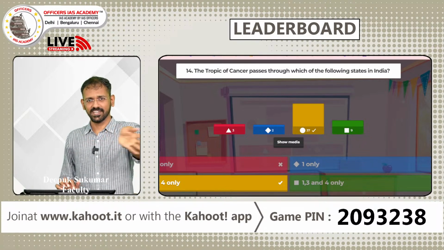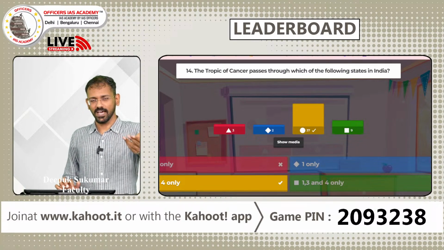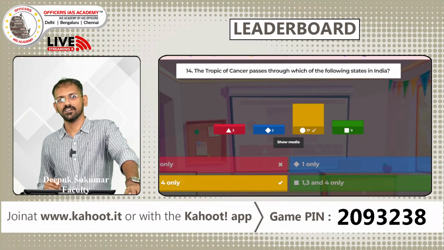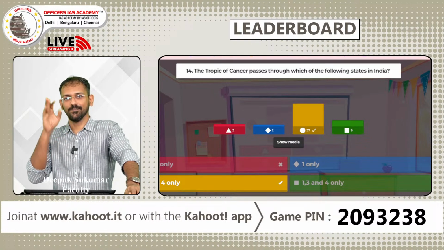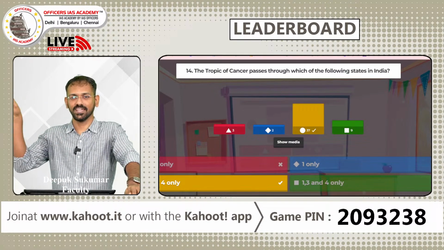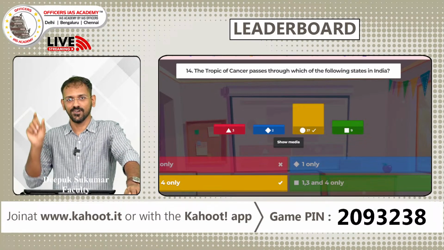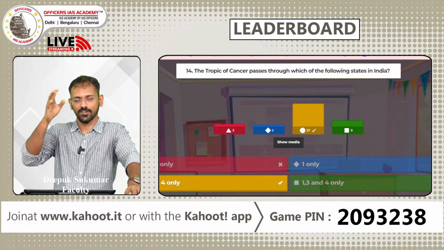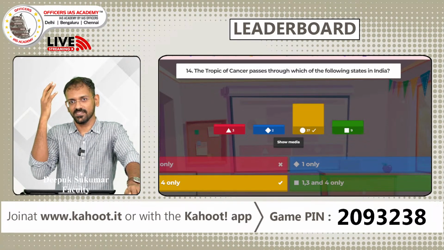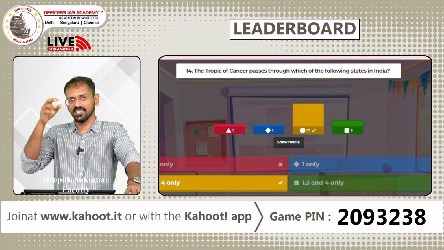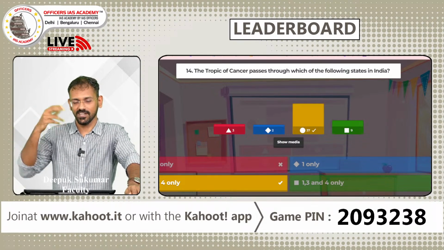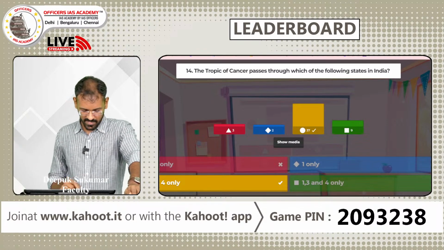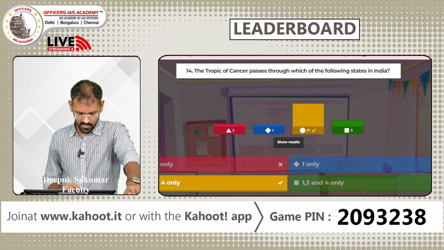So I recently on my Telegram group I put out a hack for remembering what are the 6 scheduled states. The code is ATM money without money, MANI. So Manipur is not there. ATM money, AT, okay. There is Meghalaya, there is Mizoram, but Manipur is not there. So money is MANI. So you can try and remember states in this manner.